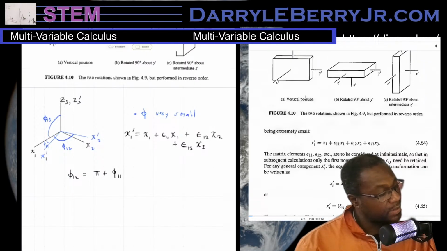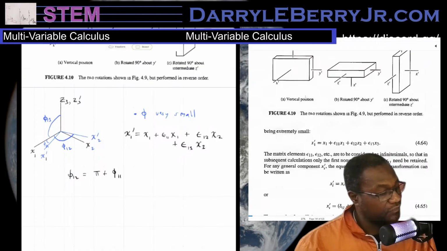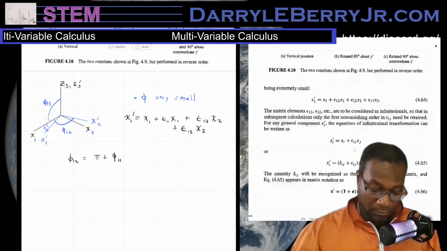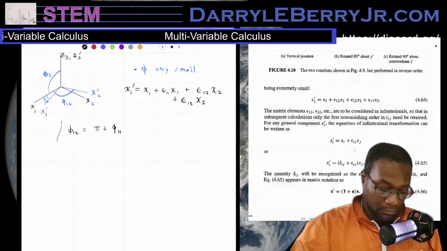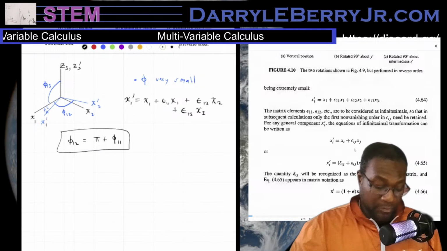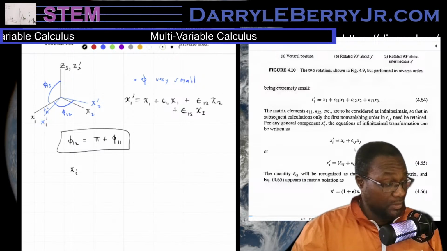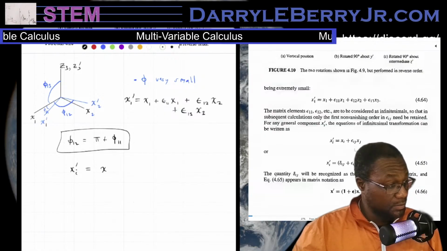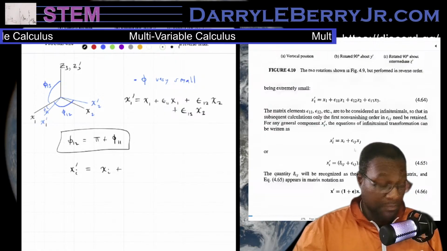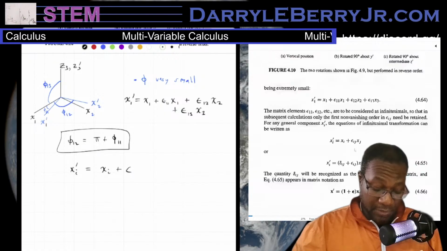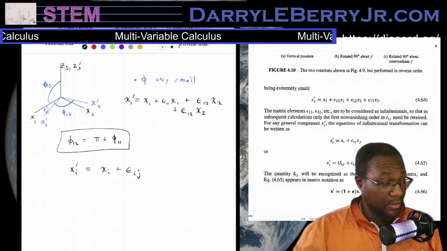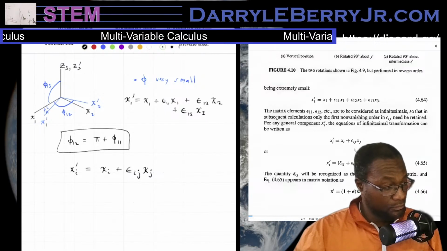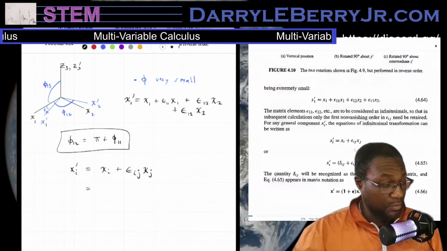For any general component x i prime, the equations of infinitesimal transformations can be written as: x i prime equals x i plus epsilon i j x j, which equals,